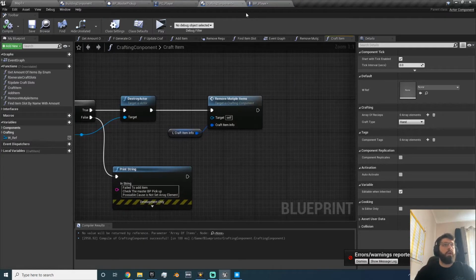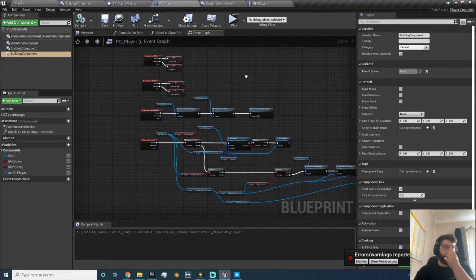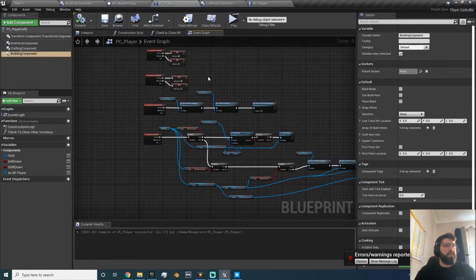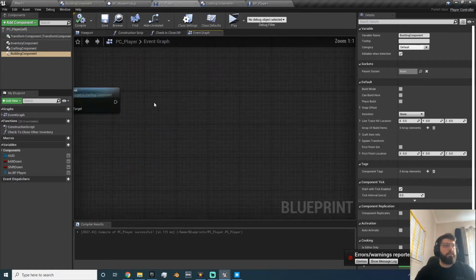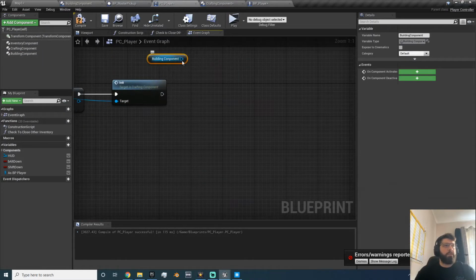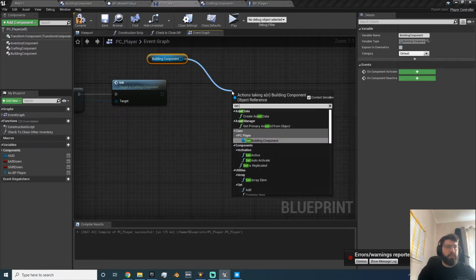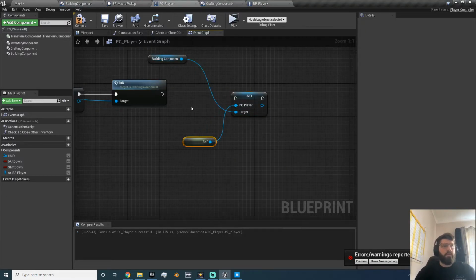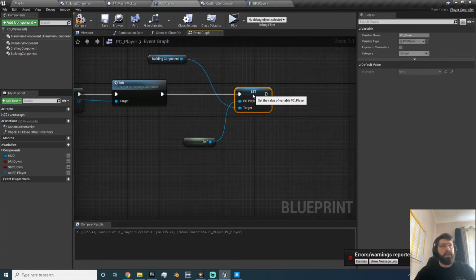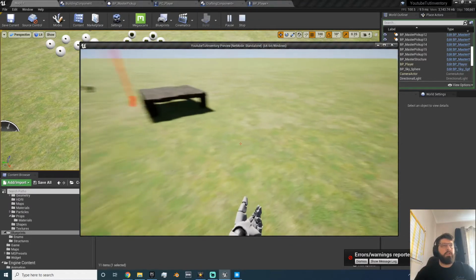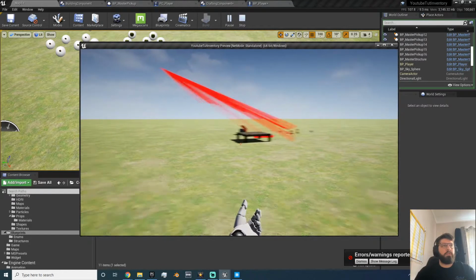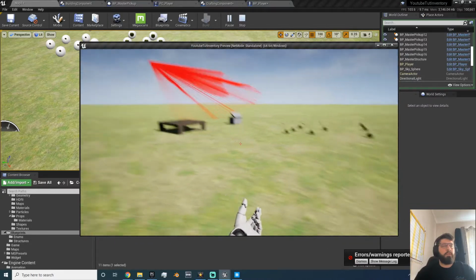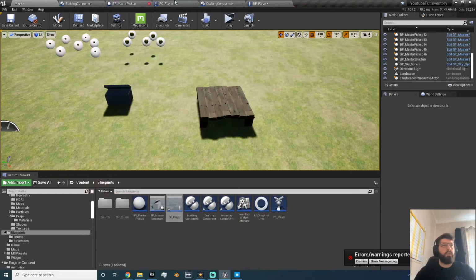So in your PC player, you will need to set this reference. So on begin play, you can get your build component, set the PC player, and you want to set this to self. So like I said, you can just do that on begin play, and you might still get an error because that might not happen quick enough. So my player controller is over there. So what you might have to do here